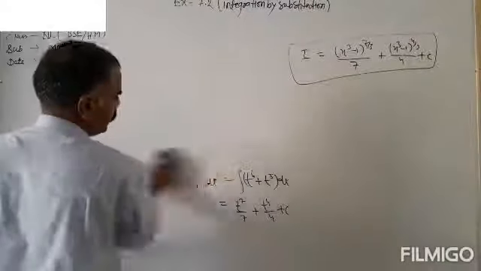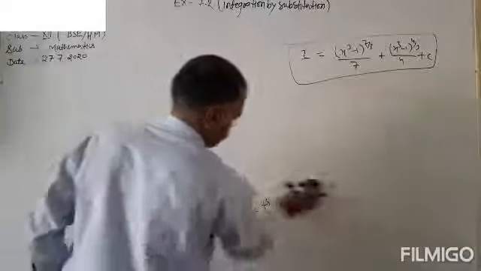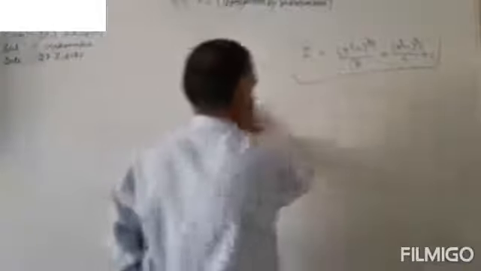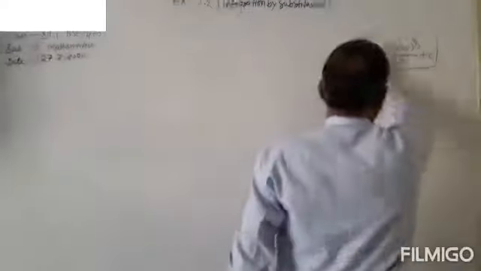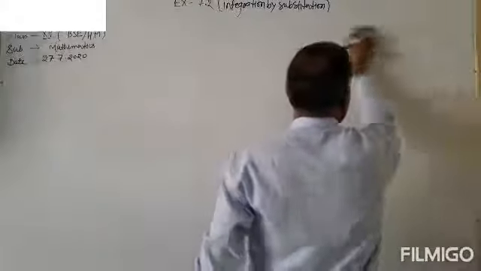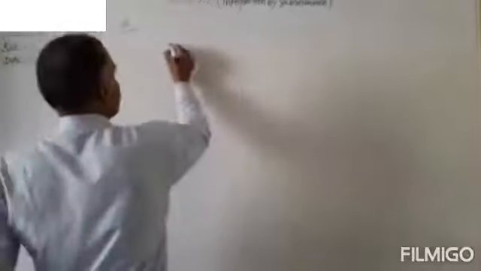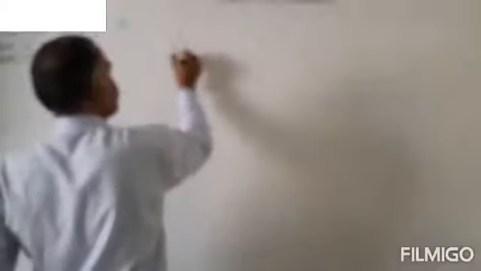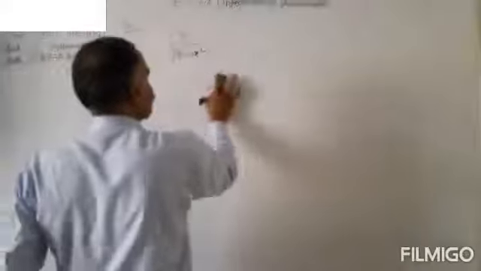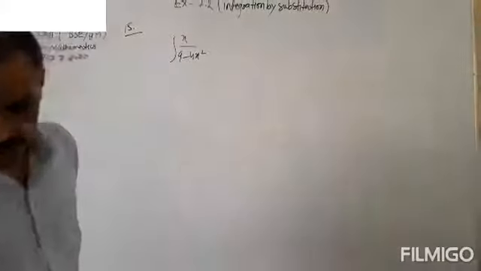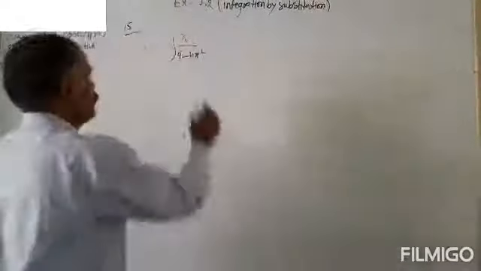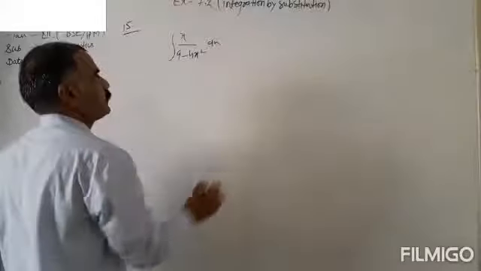Question number 15 is, integrate x upon 9 minus 4x square dx. So substitute